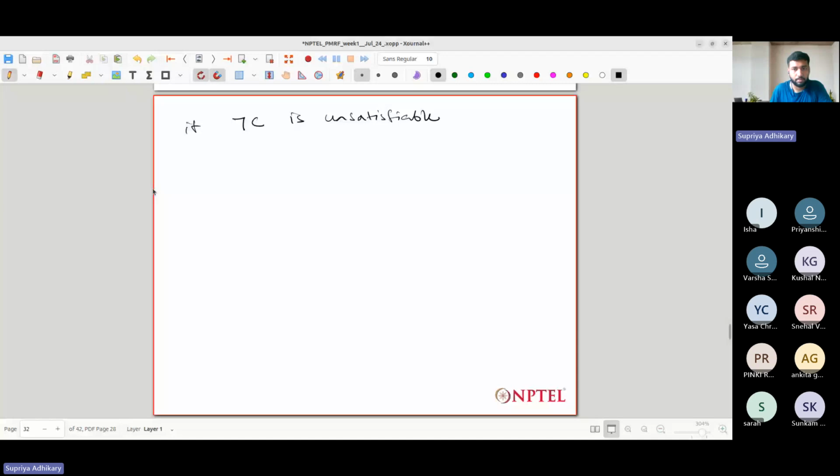Say that this is our proposition P and this is our proposition Q, and what we have to prove is P implies Q. This is enough to prove not Q implies not P. This is the contrapositive statement. So it's enough to prove this proposition. That means we have to prove that if C is not a tautology,